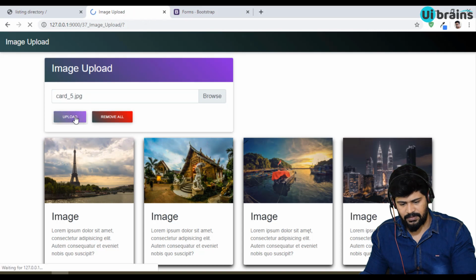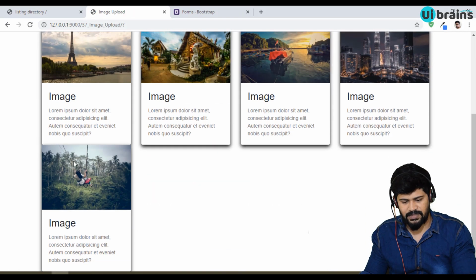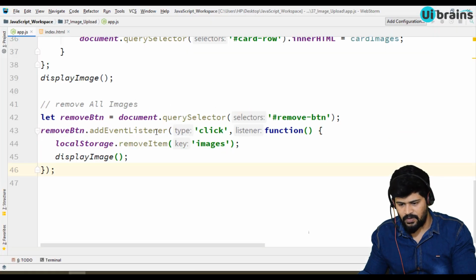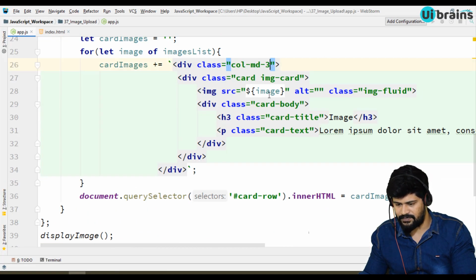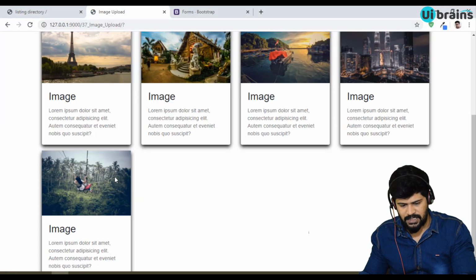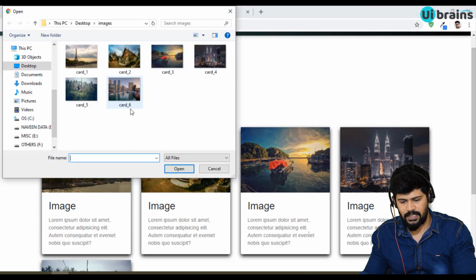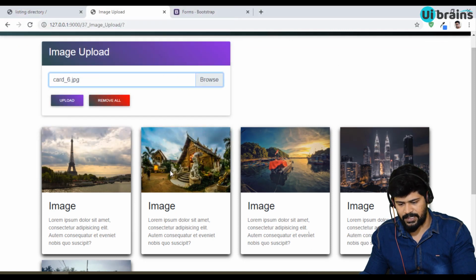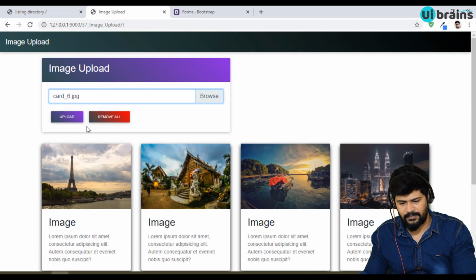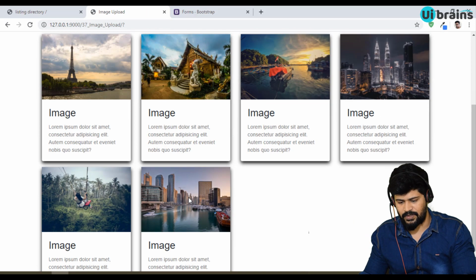Open, upload. Yes, you got the next row, but oh, there is no margin top. Don't worry, you can write margin top 3 here. Okay, so let's check now. So yes, you got a gap. Okay, so let's upload one last one, card 6, open, upload.